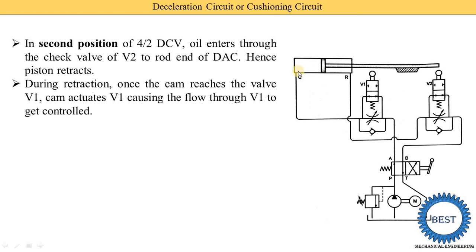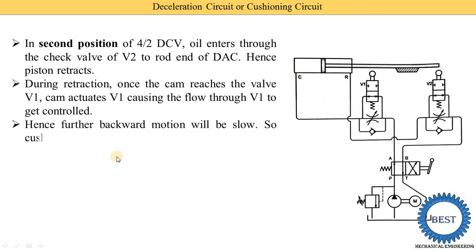That's why we need to reduce the flow rate of the oil in these return lines. So here we provide this valve, and it reduces the flow of the oil passing from the cap end port to the A port. When this clamp touches the V1 valve, this flow control valve opens and oil is stopped from passing through the check valve, but starts to pass through the flow control valve. Then the flow is reduced, and when they reduce the flow, pressure on the cap end side is increased and the retraction stroke is smoothly completed.